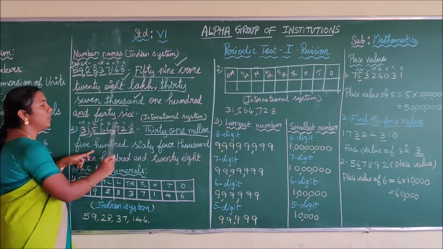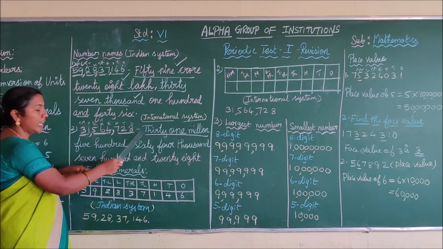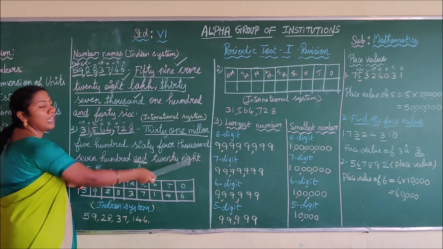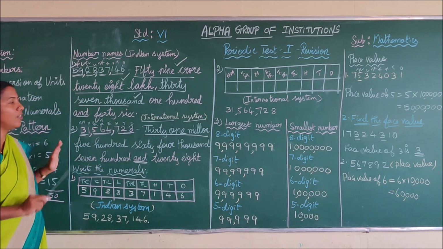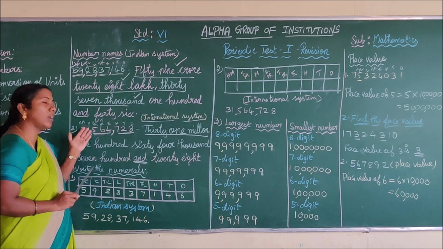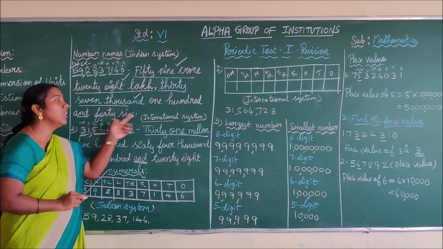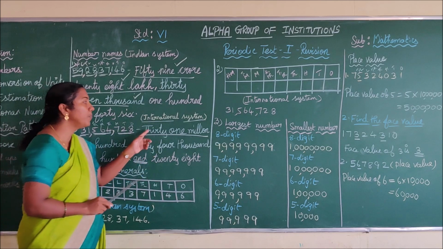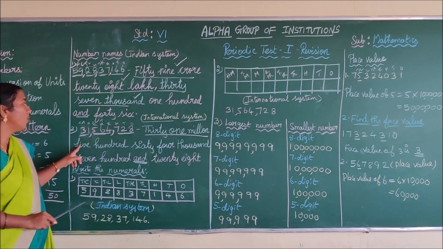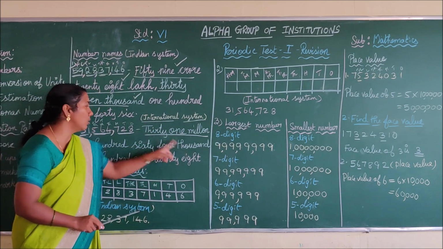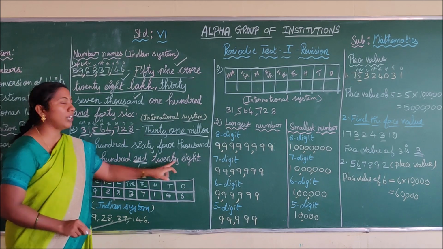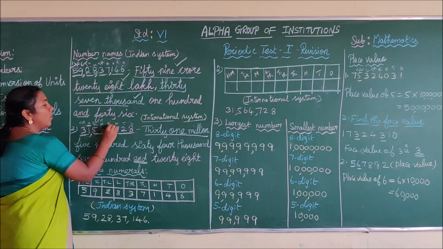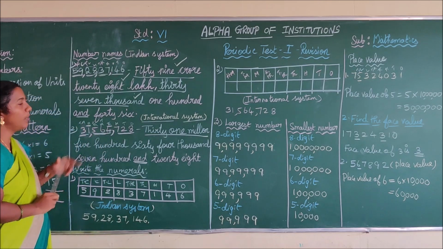See the next digits of the number, 728. So here you have to write 700 and 28. Is it clear, children? Thus we have written the number name for the given number using the international system. Now you read the number name: 31,564,728. Further, you have to use only two place values, one is million, one is thousand. Keep it in your mind.